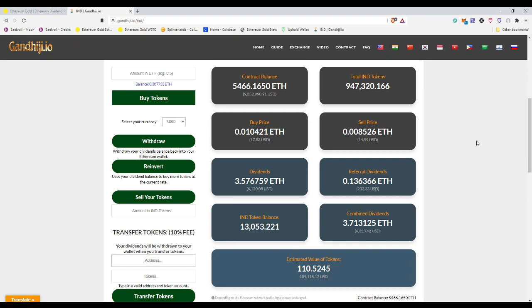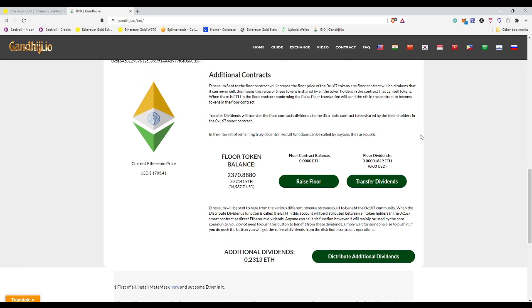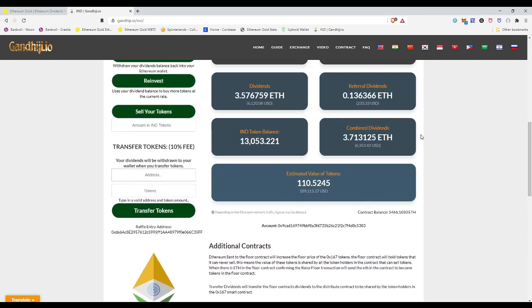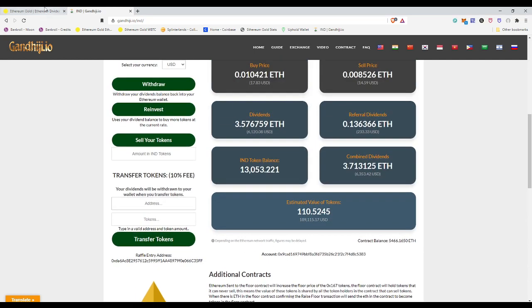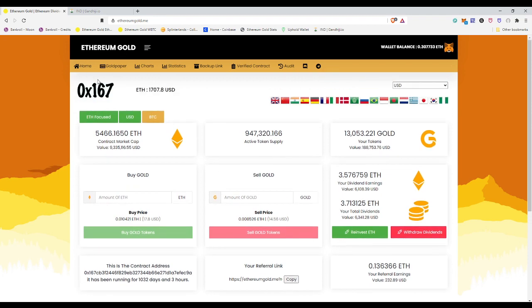So yeah, definitely. And if you still don't fully understand this, I try my best to break it down to you guys, with the whole distribute additional dividends thing, and transferring the divs, stuff like that. And another thing that you guys should keep in mind as well is that this will actually be